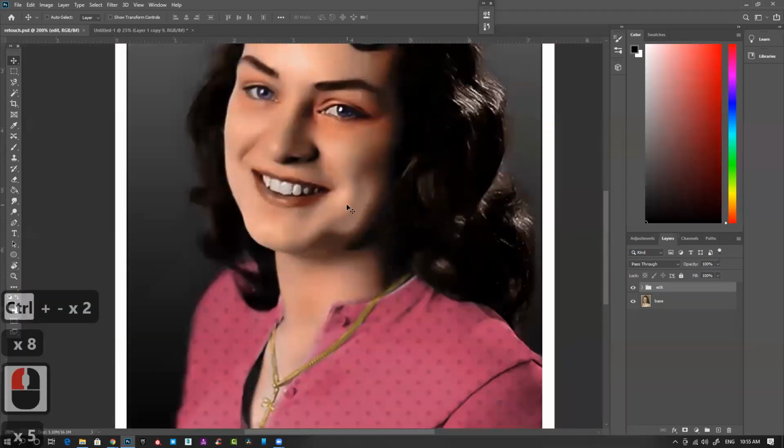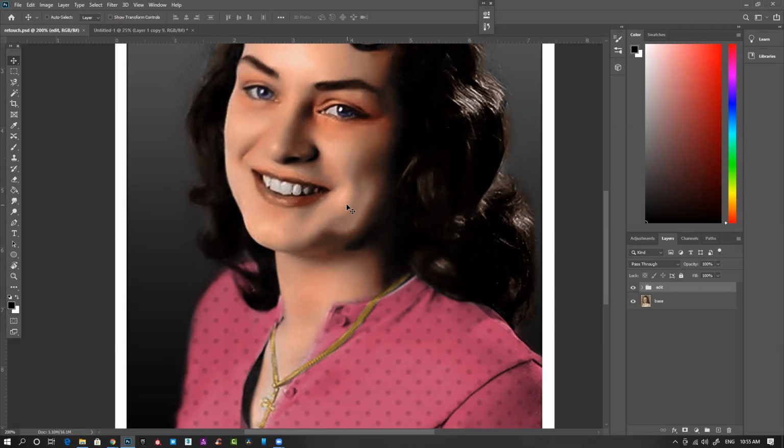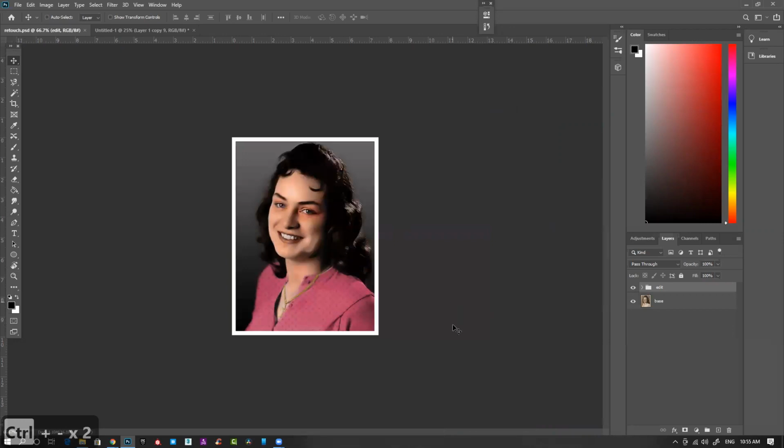So how to do that? How to add tonal values? Because usually what we see online or in some tutorials, they just add a color and overlay it and it gives you one single color. But I don't like that, it's not natural. Naturally, we have a lot of tonal variation on our skin, face, or maybe clothes or anything. So how to do that? I'll be explaining those things. So be prepared for that.